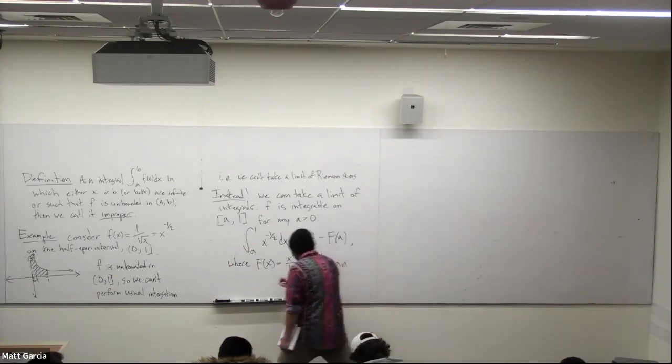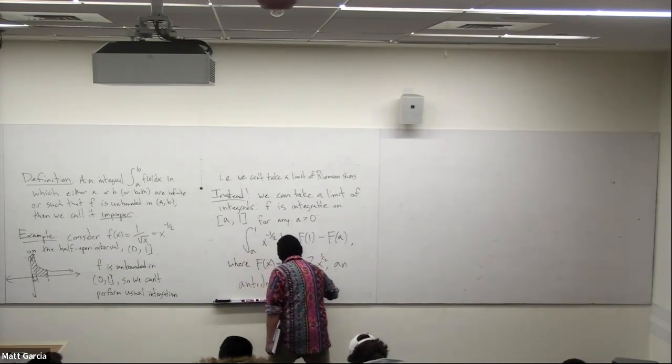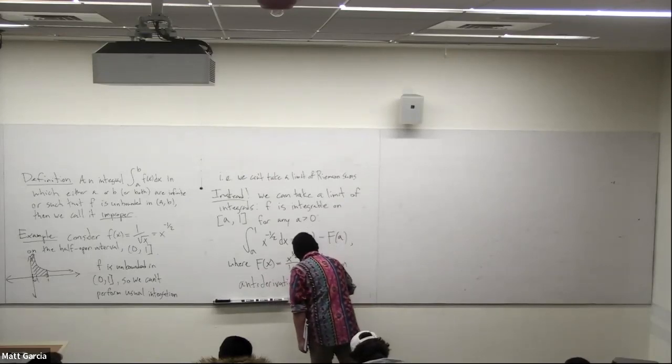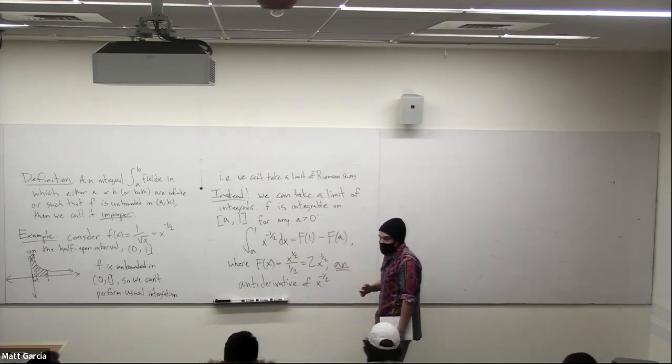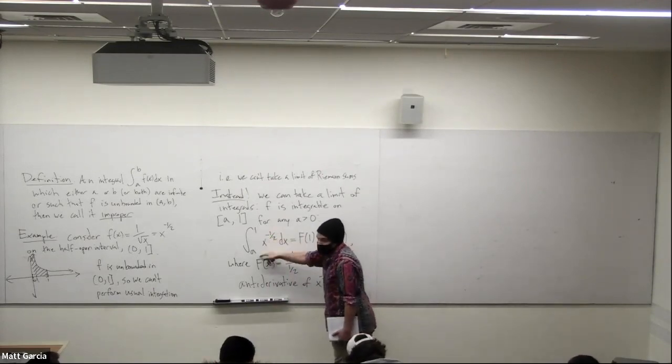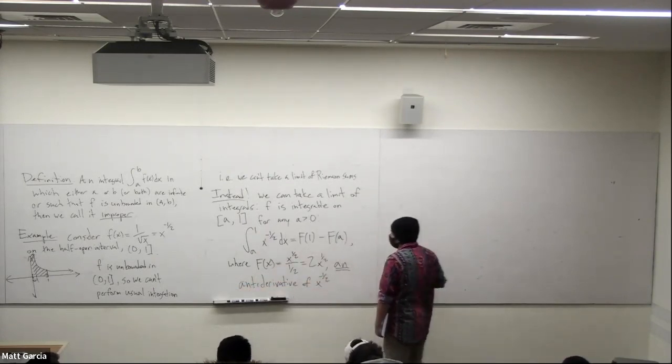An antiderivative of x to the negative 1/2. And antiderivative, right? I chose c to be 0 here because I'm going to evaluate it at these numbers 1 and a. Okay, so